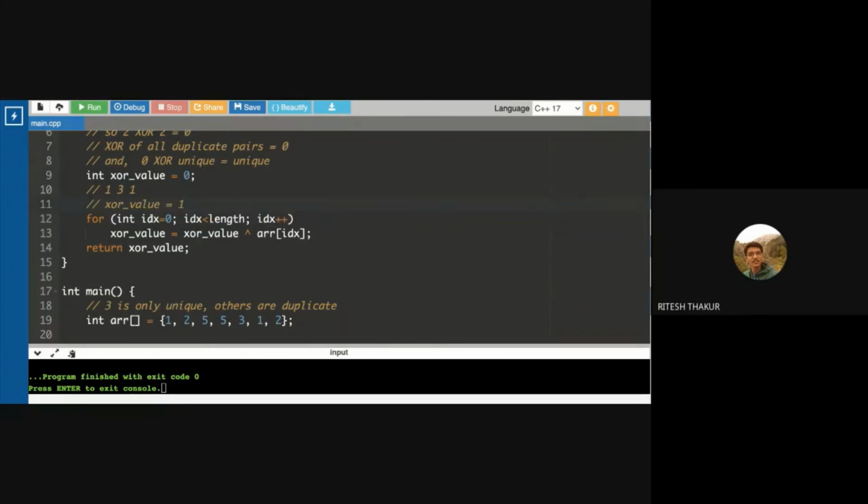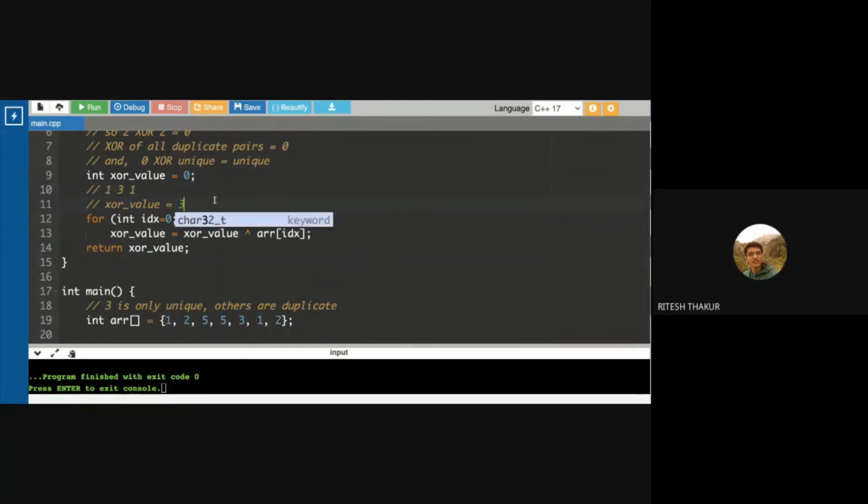Then we would come to 3. Then 3 and 1 would be XORed, and the value would be stored in XOR value. For now, let's not go into the calculation for that, because that would be an intermediate result. This is bit manipulation, so it's not going to happen like everything's going to be 0 and cancel out. It depends upon the order as well. So consider that we XOR 1 and 3, and then we store the result in XOR value. Now the next time when we XOR that value with 1, this one and this one will cancel out, and the value would remain 3.